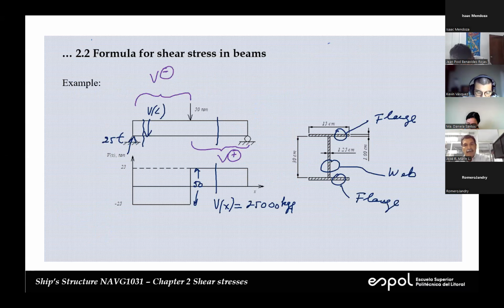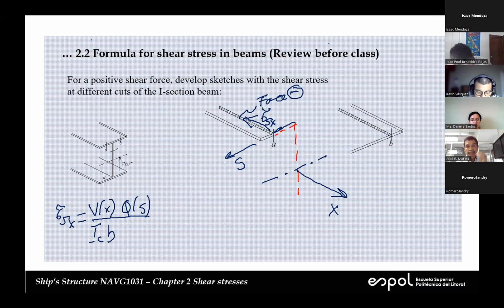For any sector of this section, V is positive, I sub C is always positive, and this is the thickness, which is always positive. So all of this is positive. Now, in this case, Q of S, we are in the upper part, it's always positive